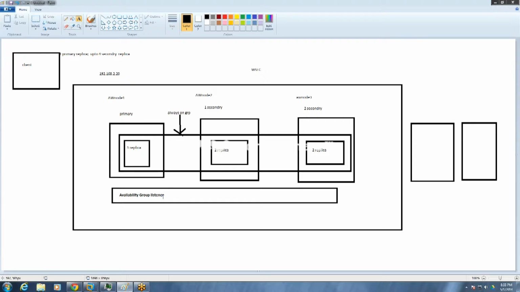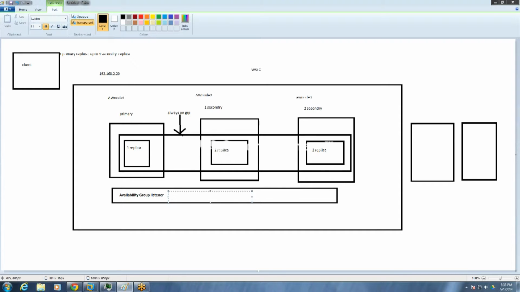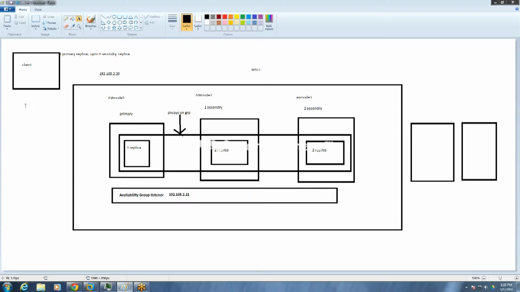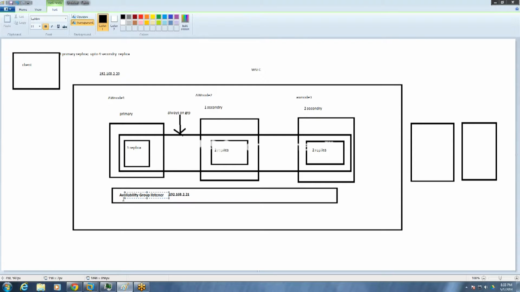When we create a listener, we assign an IP address to it. For the one I was working on, I set up 192.168.2.21. So now clients communicating with this can be given our AGL. AGL is always the availability group listener. They can point to this one.